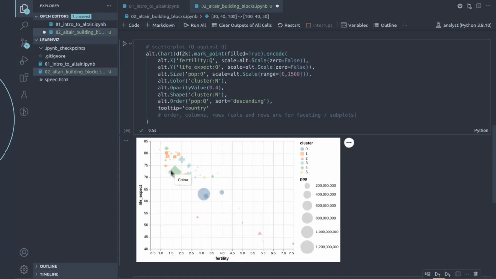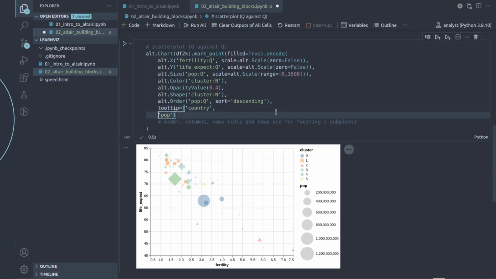Okay, you don't even need a list for that, you just need a string. But if you want to see a list, that's what you do. And in fact, if you want to see more details about that, or you want to transform things on the fly, you could also